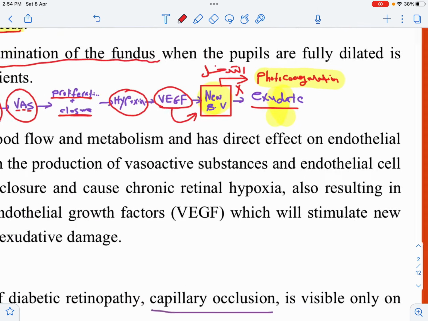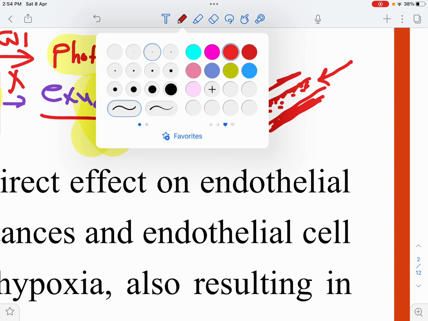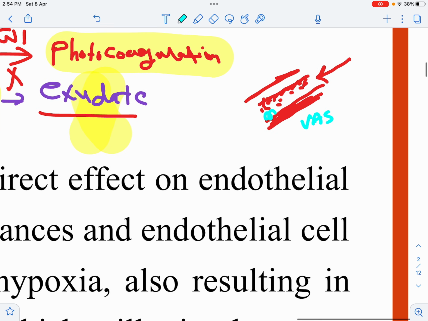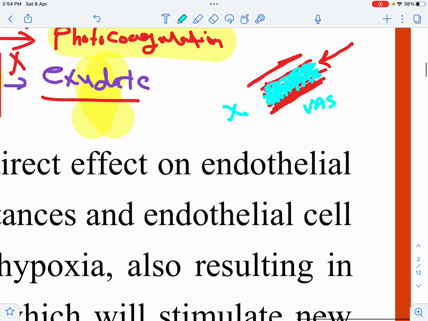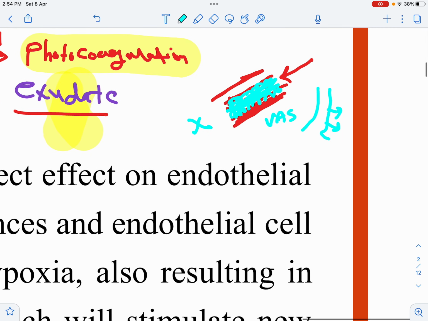فمثل ما قلنا إنه مثلا هذا وعاء دموي، زيادة السكر، زيادة بالبلاد فلو، damage to the endothelium, thickness of basement membrane، يؤدي إلى إفراز vasoactive substance يؤدي إلى proliferation of the endothelium cell closure بهذا الفيزل، ماكو blood supply، ينفتح blood supply جديد يؤدي إلى الإكسوديت والهيموريج. أنا أعالجه عن طريق الفوتوكوagulation.